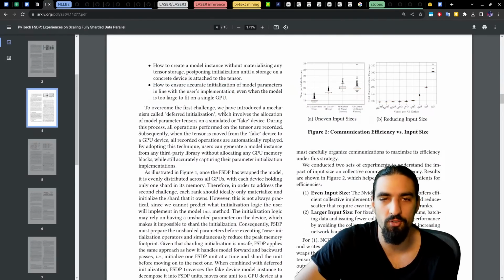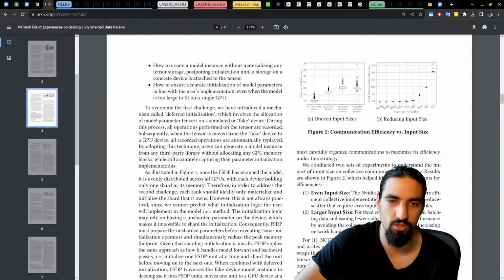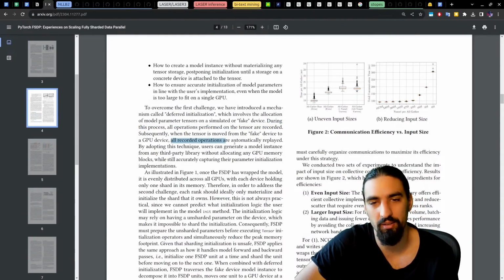To overcome the first challenge, we have introduced a mechanism called deferred initialization, which involves the allocation of model parameter tensors on a simulated or fake device. During this process, all operations performed on the tensor are recorded. Subsequently, when the tensor is moved from the fake device to a GPU device, all recorded operations are automatically replayed.